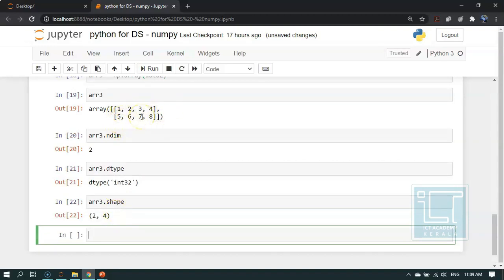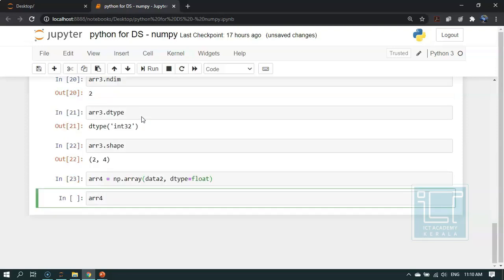Now if we want to change the data type of an array, we can specify it initially when we are declaring the array. For example, I am declaring arr4 as np.array of, I am using data2 as my data, and I am specifying that the data type should be float.